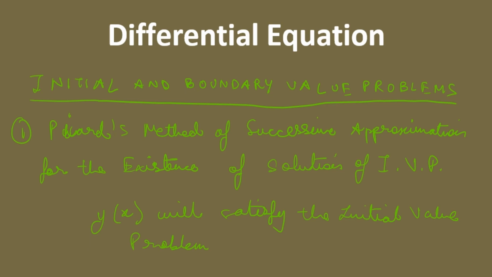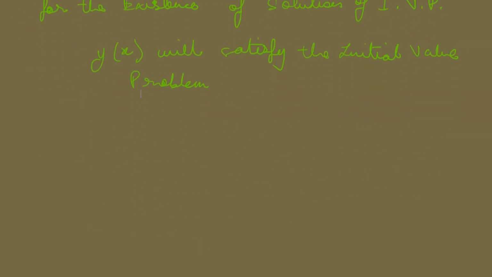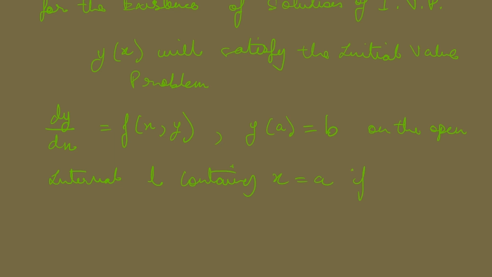That means dy by dx will be equal to f of x comma y, with y of a equal to b, on the open interval I containing x equal to a, if and only if y of x satisfies